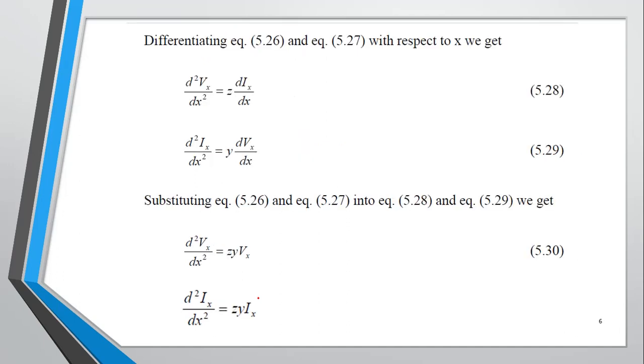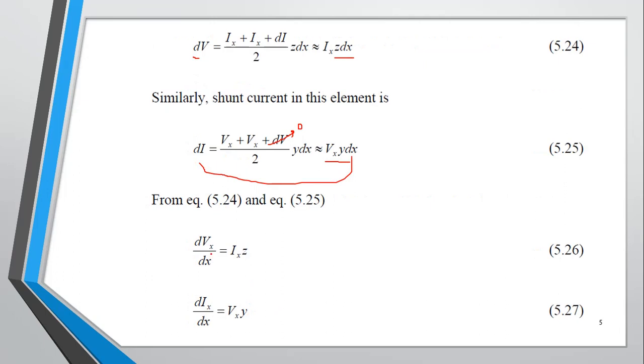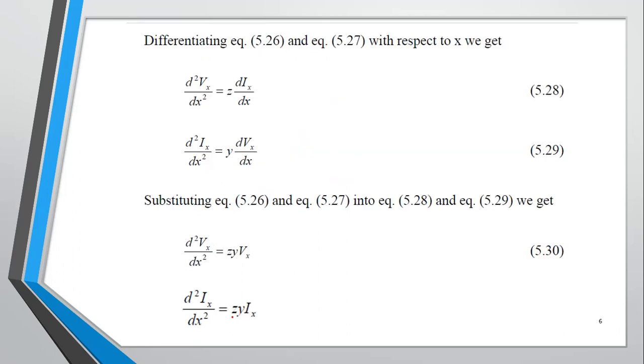Secondly, if we take the second derivative of the system, then it would be the second derivative of Vx over dx, and this value of I, which is this one, if we are taking the second derivative, this is the double derivative of Vx and it is the single derivative of Ix. Similarly, if we take the double derivative of this equation, this is the double derivative of Ix and it is dVx over dx. So the equation will look like this. This one is the double derivative of the Vx equation and this one is the double derivative of the Ix equation.